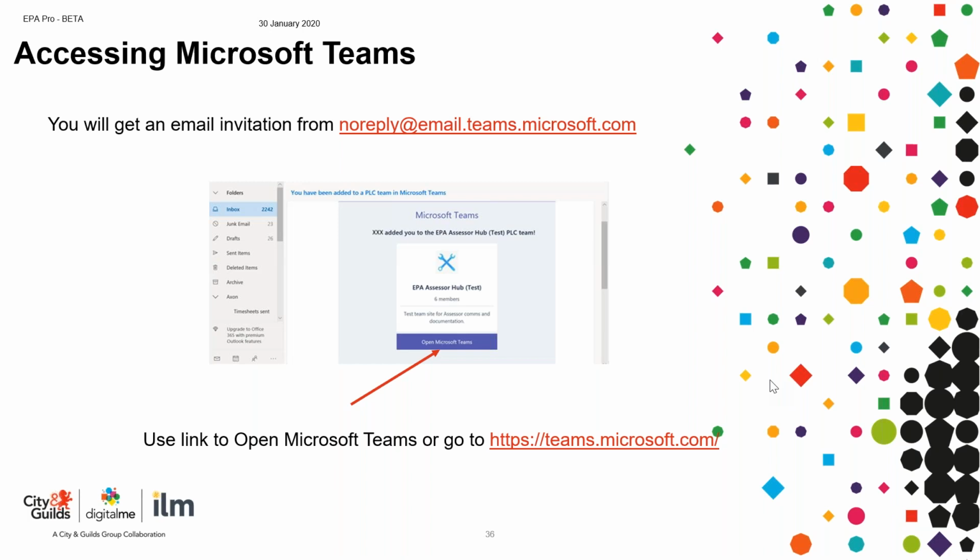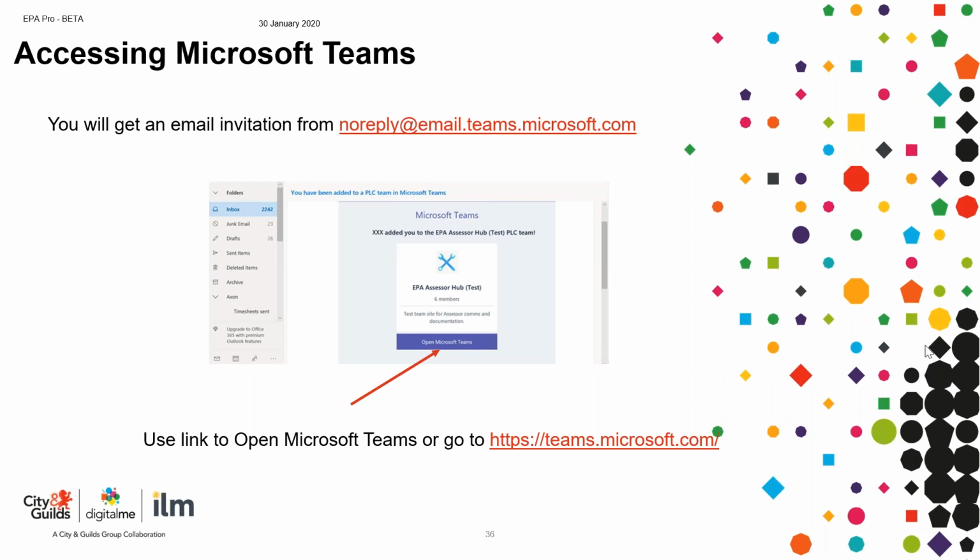So, okay, with Apple, there are currently issues with Learning Assistant. I've checked the minimum requirements and the requirements for EPA Pro, and the technology team haven't highlighted that there should be any issues with Apple. So I'm not foreseeing any, but we've got a quick note of the question, and we'll just check that.